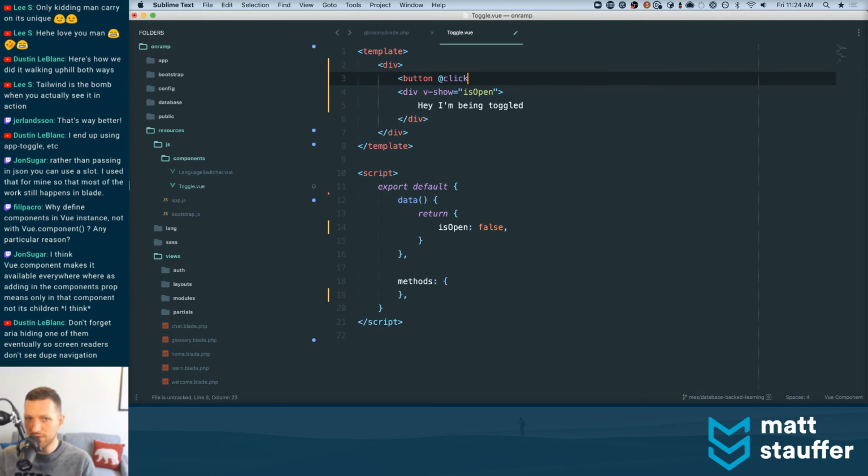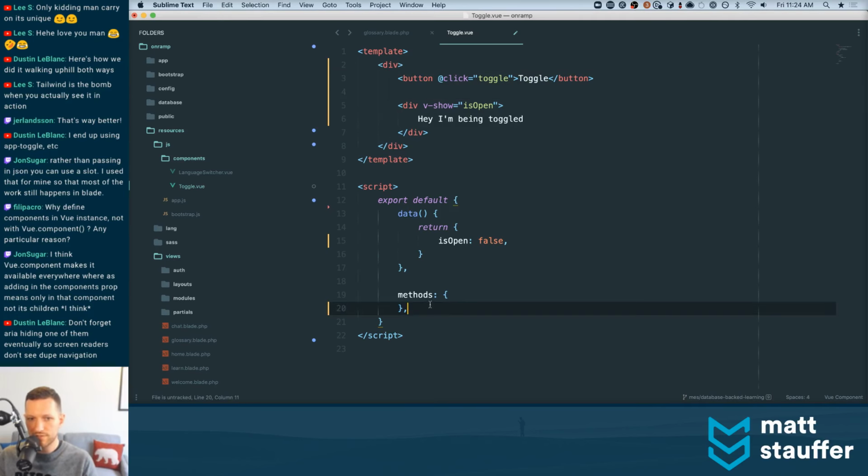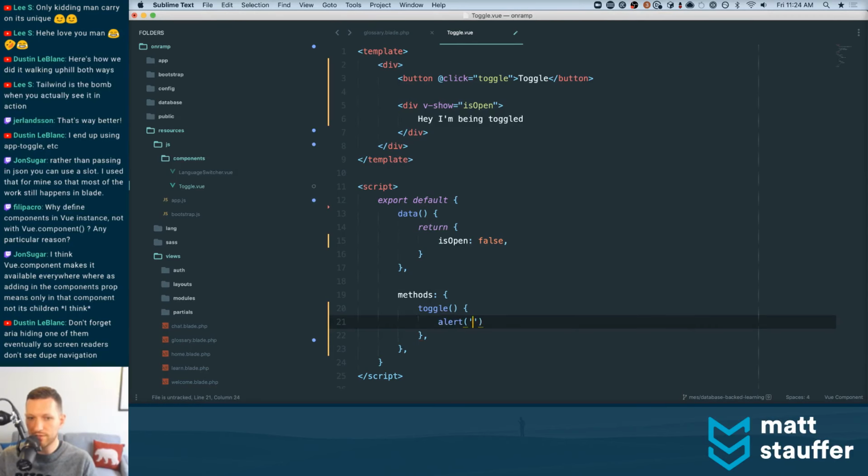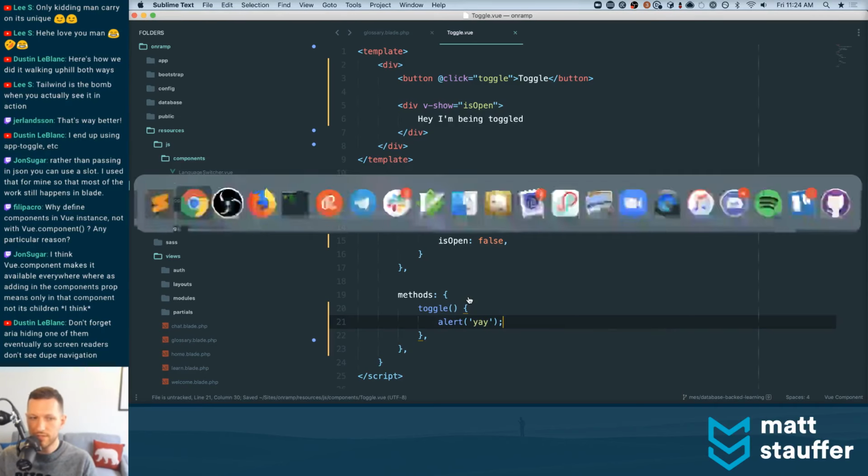And when you click it, you're going to say toggle, actually just toggle. I don't even know if you need to have the parens when you're calling a method. I don't think you do. So we're going to make a method named toggle. And that method is going to, for right now, let's just have it do something like alert yay. So in theory,